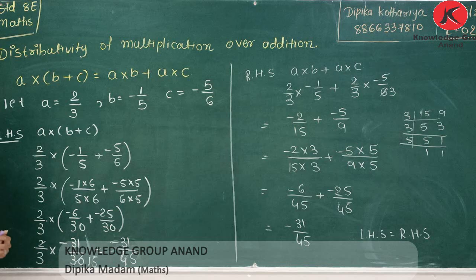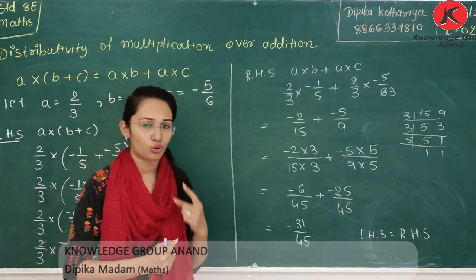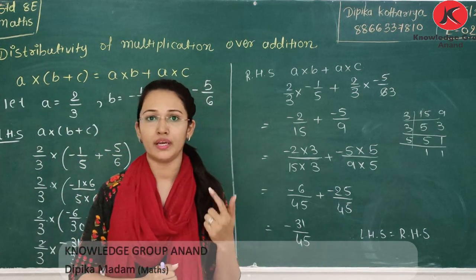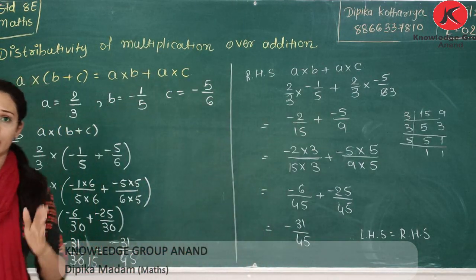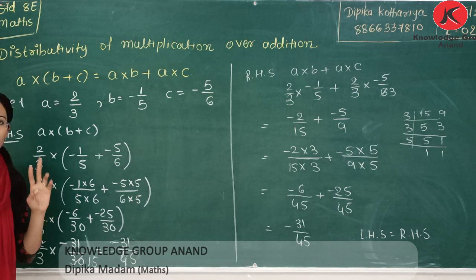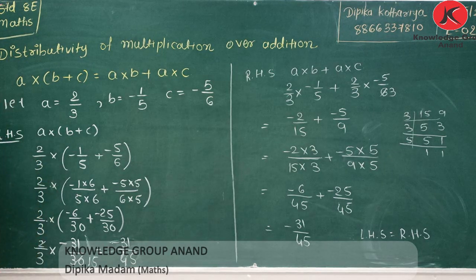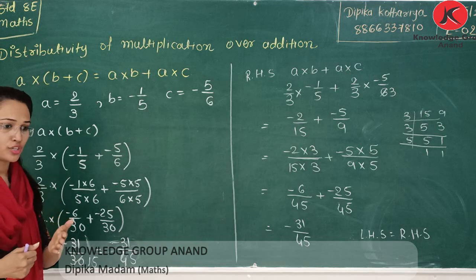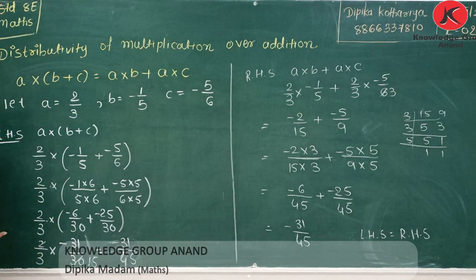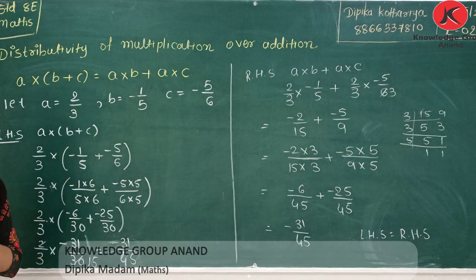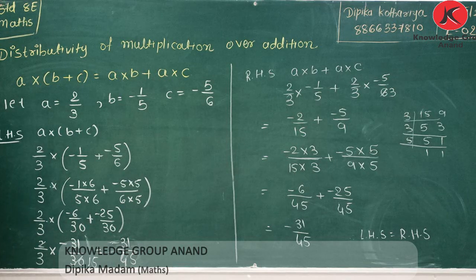Up to now we have learned three properties: closure property, associative property and commutative property. Okay, as closure property means answer is same as a two operands. If you operate on two numbers that are both rational numbers and the answer is also a rational number, then what is it called? Closure. And second property is commutative, a plus b is equal to b plus a, and associative, a plus into bracket b plus c is equal to into bracket a plus b plus c.